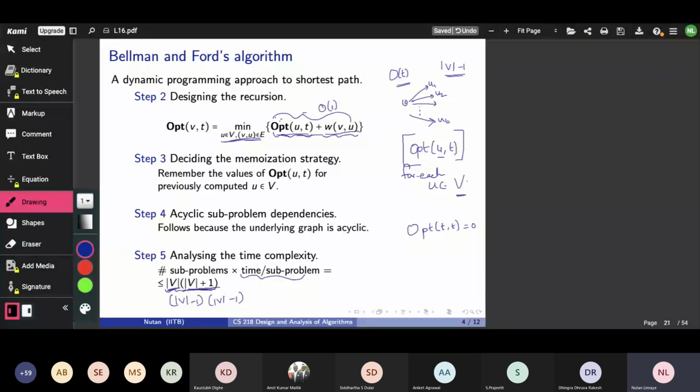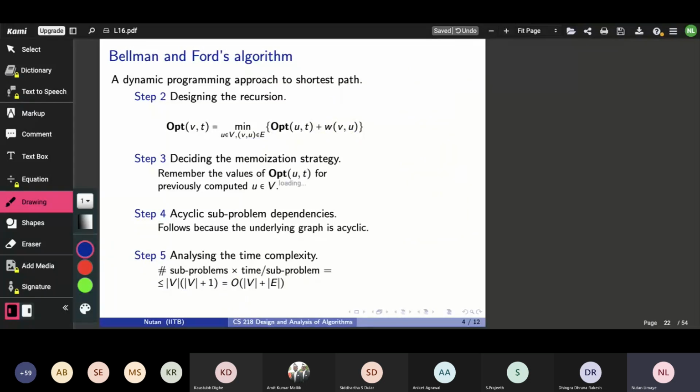The only thing I have not done here is give you the pseudocode for Bellman and Ford. So I have not told you step by step what to do. I agree with that. We'll come to it shortly. But before we go there, let me handle a slightly tricky question now. What if I tell you that the acyclicity assumption we made no longer holds?